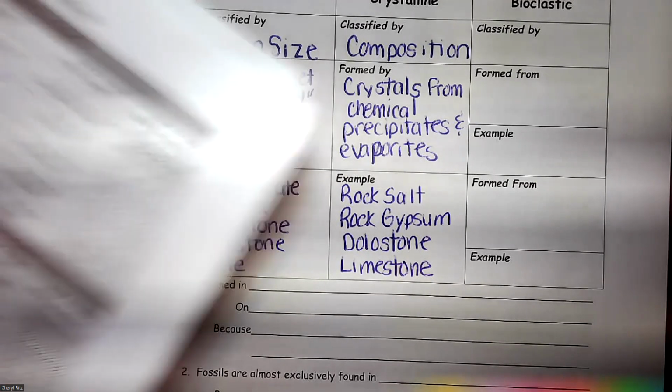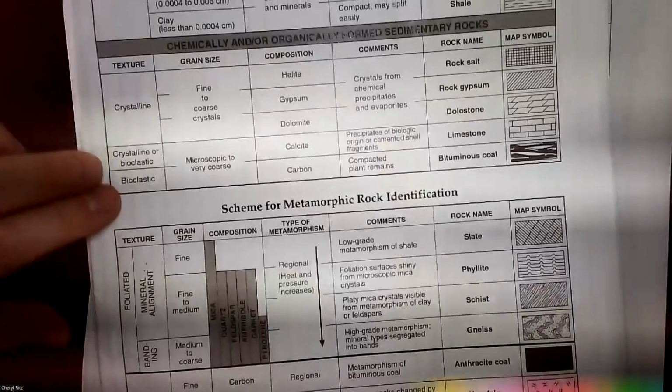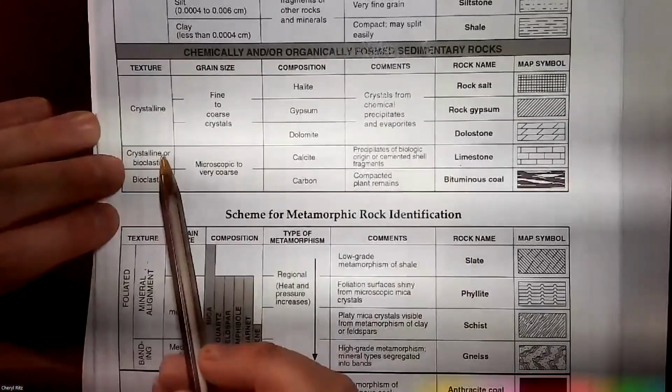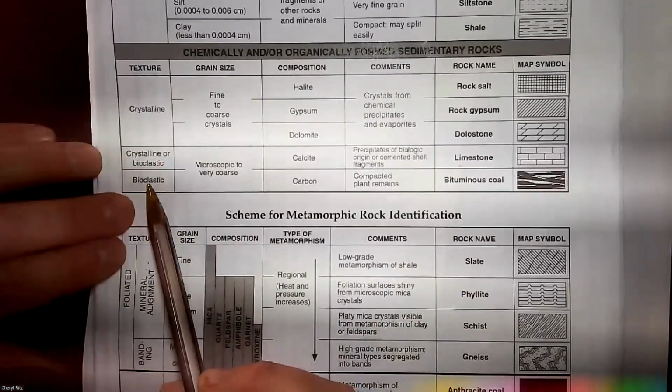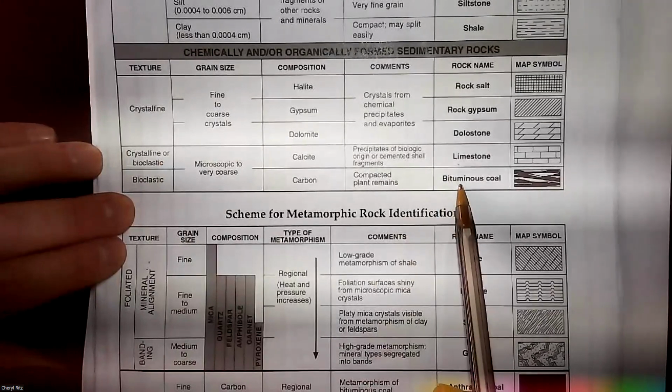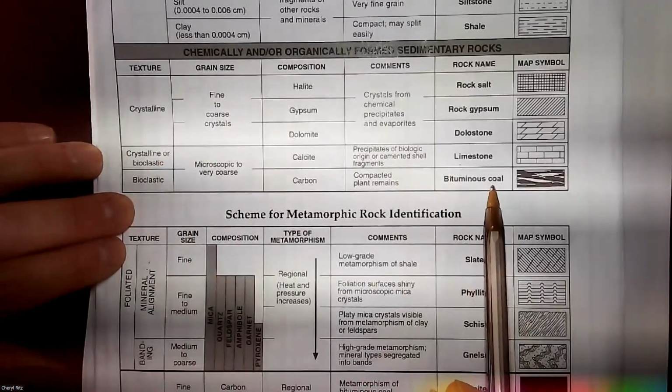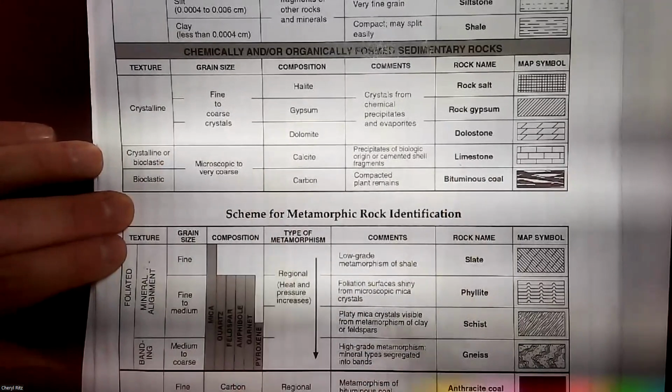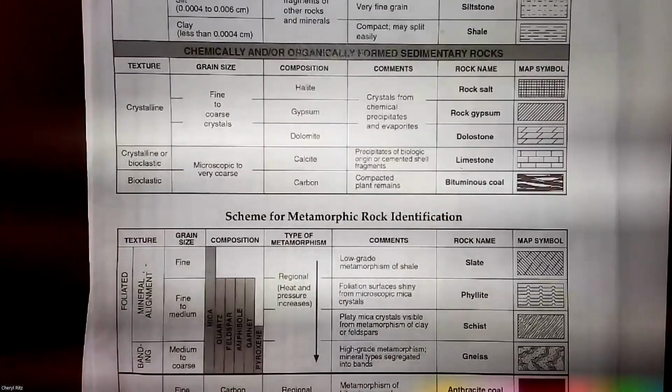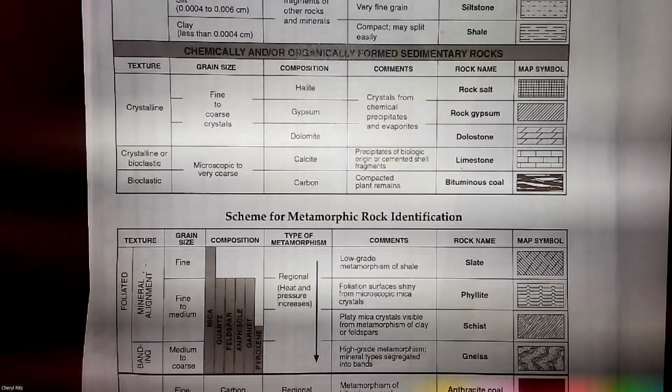All right, again, there are only 2 bioclastics. So limestone can either be crystalline or bioclastic. And then this bituminous, I think again is how you say it, coal. What are they classified by? What's the important thing that if I handed you a pile of these rocks, you could put them in 2 different groups based on their